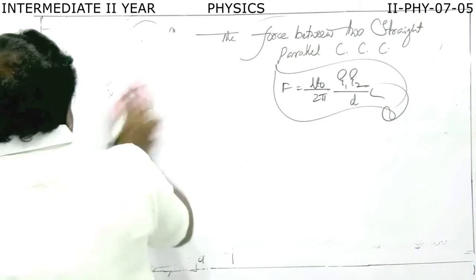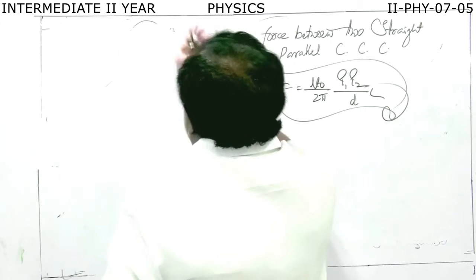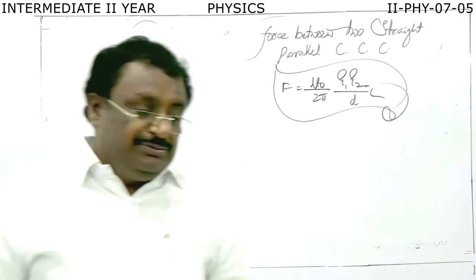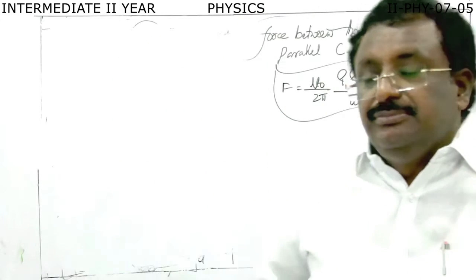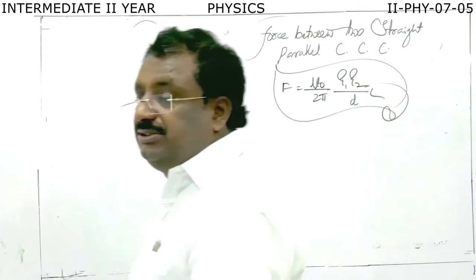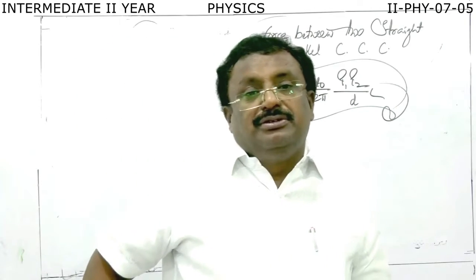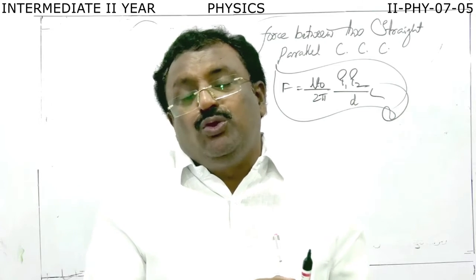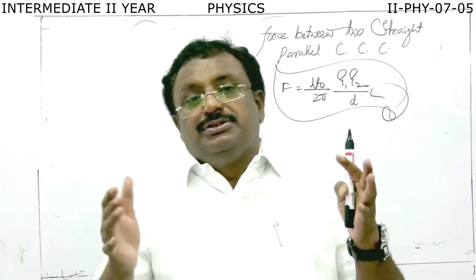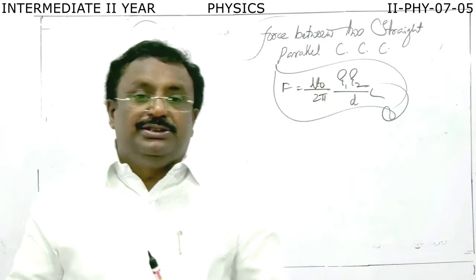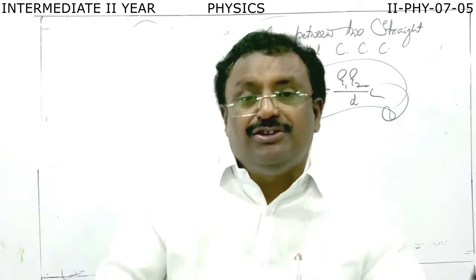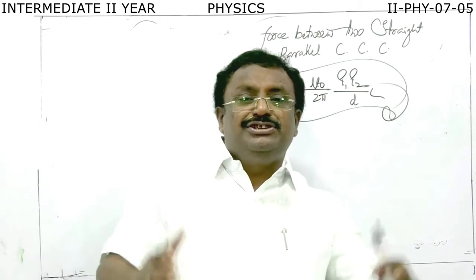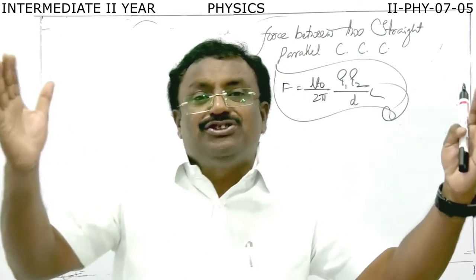Ampere is a fundamental physical quantity. You studied it in first year. Ampere definition means how much amount of current is called 1 ampere. You know very well the unit of length is meter. If I ask you how much length is called 1 meter, you can easily demonstrate it like this. This much length is called 1 meter.